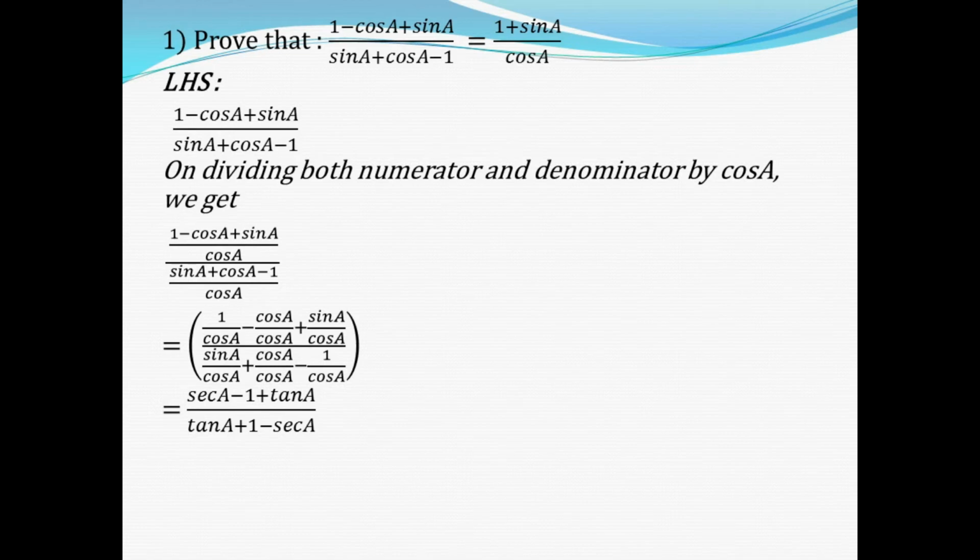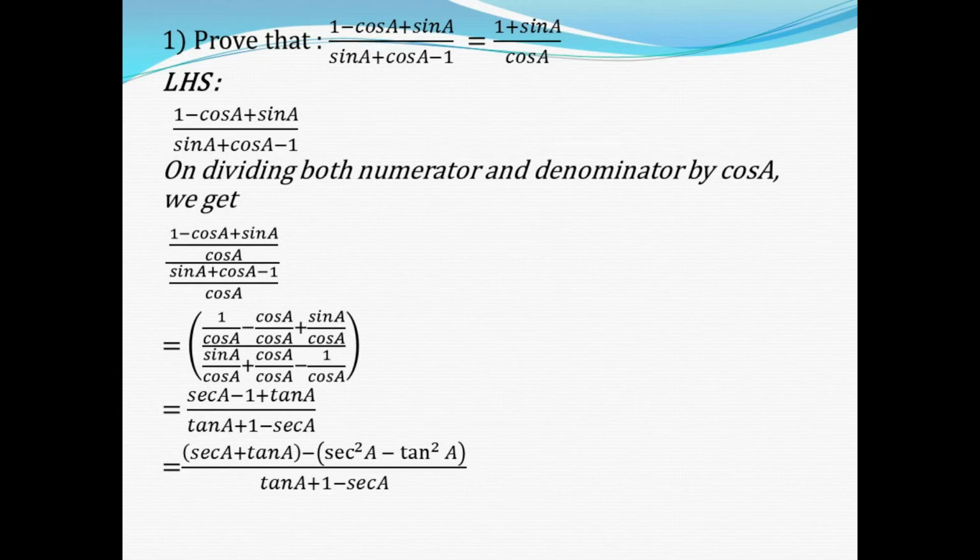After this, now we can apply a trigonometric identity. Where can we apply a trigonometric identity? Because it contains squares, secant square A, tan square A. So in the place of 1 we can apply 1 plus tan square A is secant square A. We can apply secant square A minus tan square A for 1. Instead of 1 we have to apply secant square A minus tan square A, so that we will get this one.